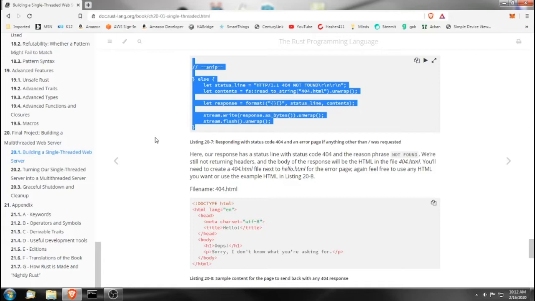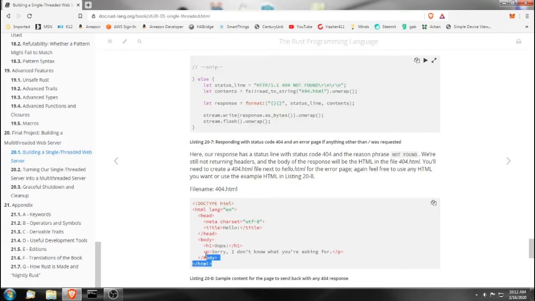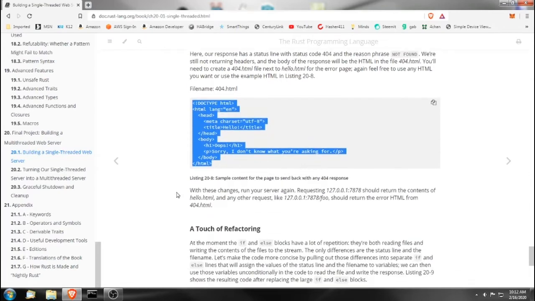In this, use the example HTML in listing 20-8. Listing 20-8, simple content for the page to send back with any 404 response. With these changes, run your server again, requesting